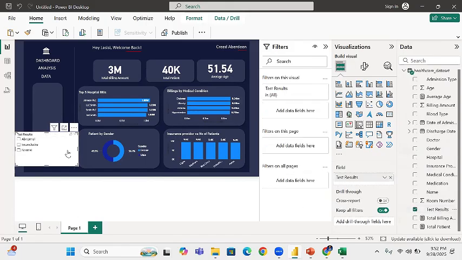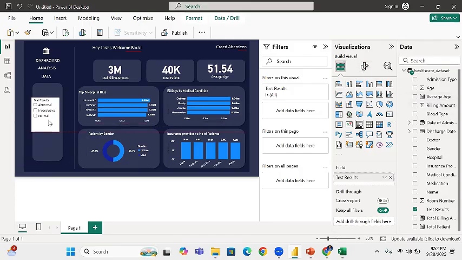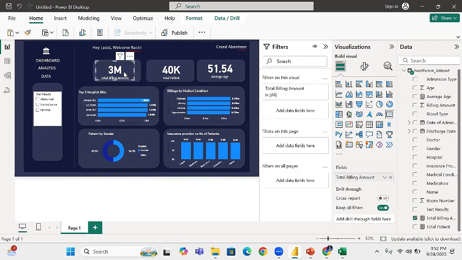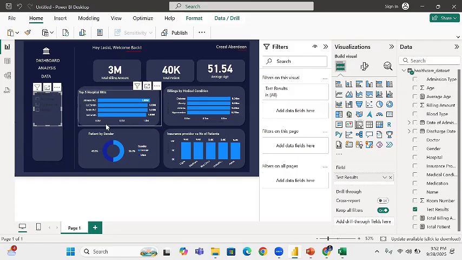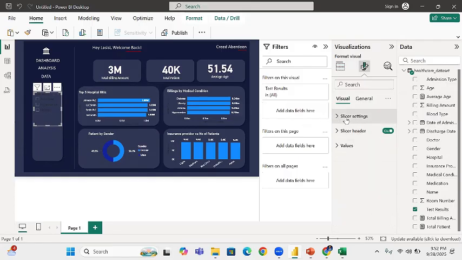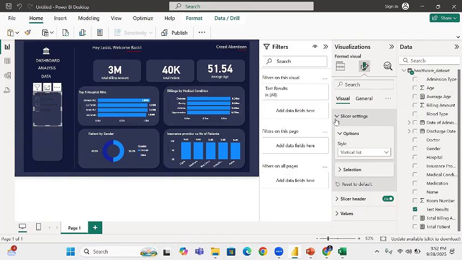So we want to see whether these people are normal or abnormal, all those things. So we can easily drop this one here, right? We come here, or we can just click on this one, drop it here, right? So when you come to this place and change these slicer settings, you can change the slicer value